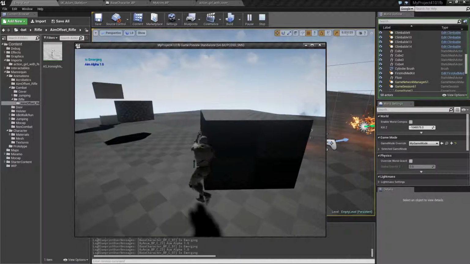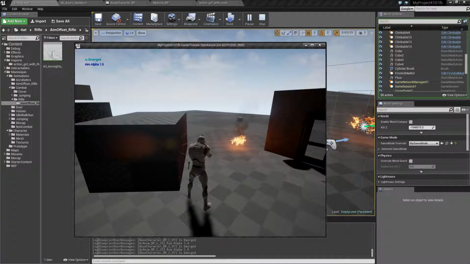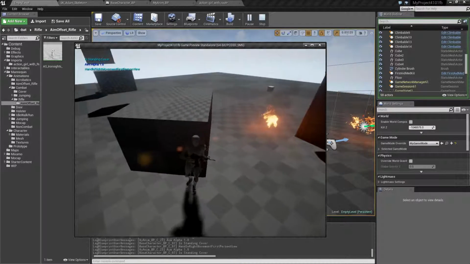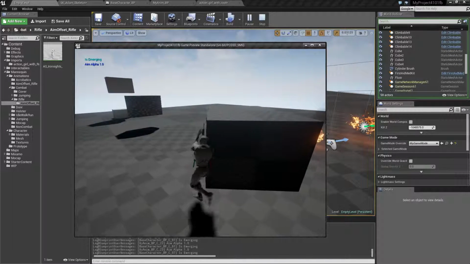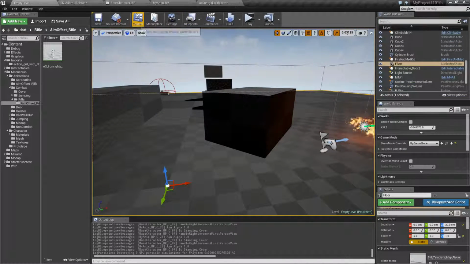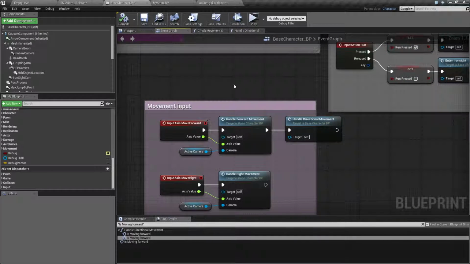One thing I also noticed is that if I move to the right and hold down the right key, he stays, and that's all good. But if I move to the left and hold, it doesn't. And I think I messed something up, because inside my handle directional movement, the one coming out from the move forward on the event graph,